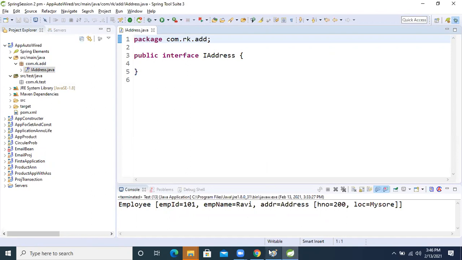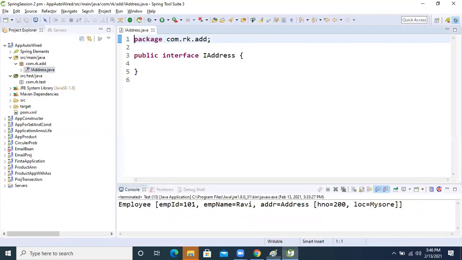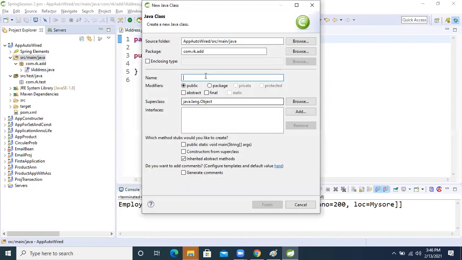Another one is its implementation classes. There are two implementation classes. So we will create one more package, new class, dot impl. First one is physical address, PhysicalAddressImpl, the class name.